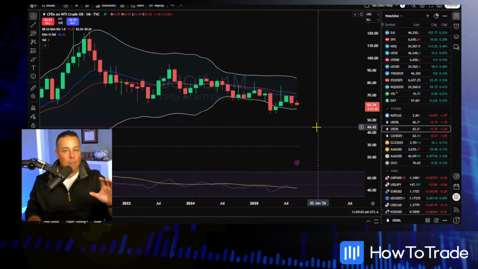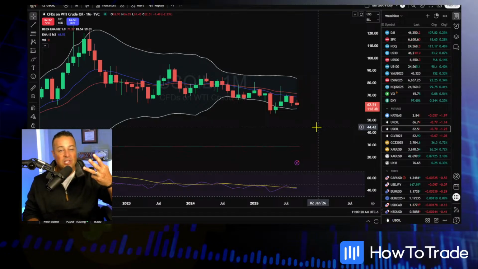That's big because a majority of your consumption of crude oil and refined fuels in general comes from the northern hemisphere. So when we get into the winter months in the northern hemisphere, what are we talking about there? We're talking November, December, January, February, essentially those 4 months. Now, at least 3 of those months, November, December, January, that's when you start really seeing crude oil prices have bearish pressure on them consistently.